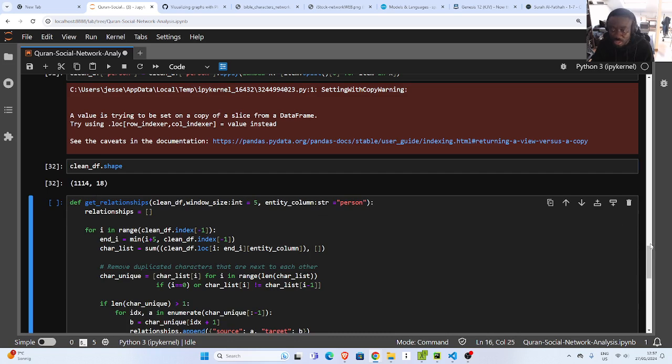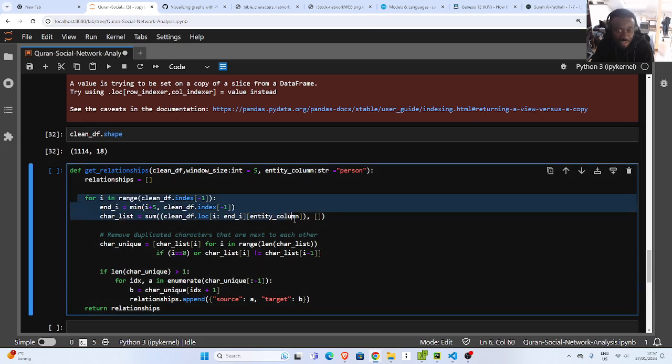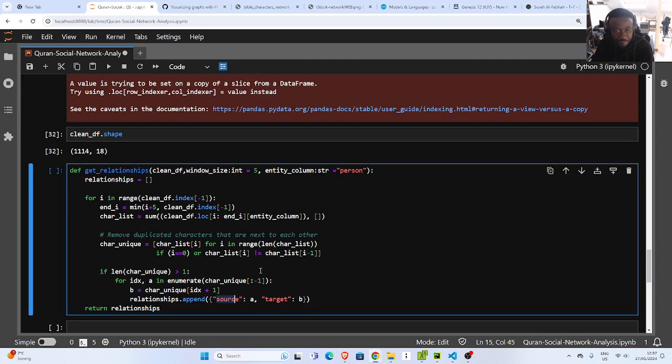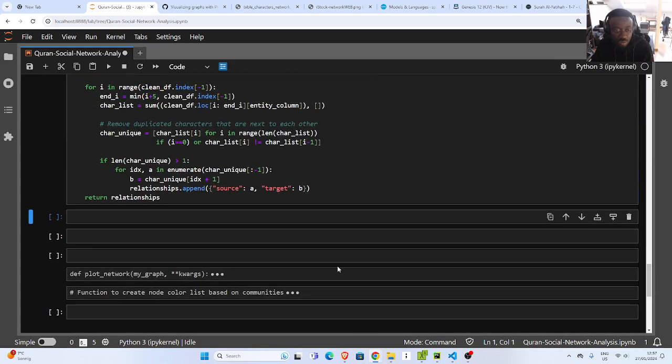So what this function is doing is what I explained. You're just going through the particular text, looping through them and finding the characters or the entities that are the same within a particular passage, right? And that is the window size we are specifying. And you're going to build a relationship here, and then you're going to find the source and the target, which is useful for building our relationship. So the source and the target is that if you go back and you find the same name, this is going to be source target, and then the next one is going to be, say, source target, like that. So that's what you're trying to build. Let's run this function, and then let's move on